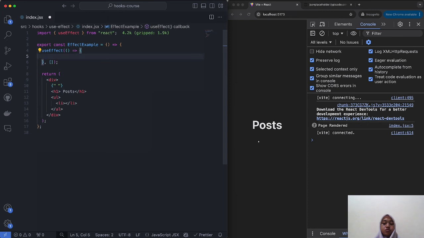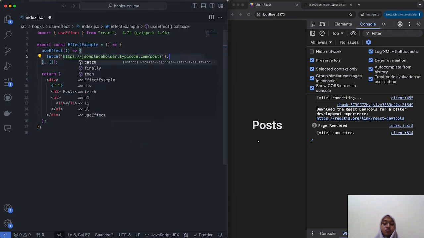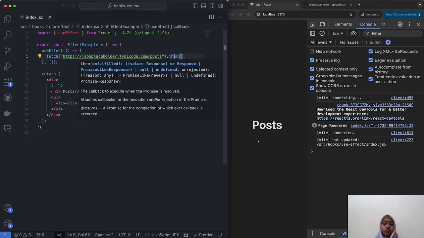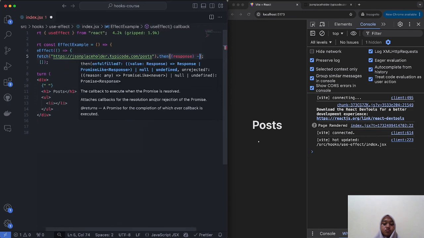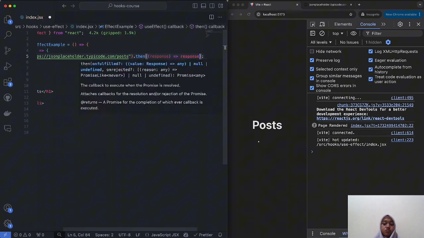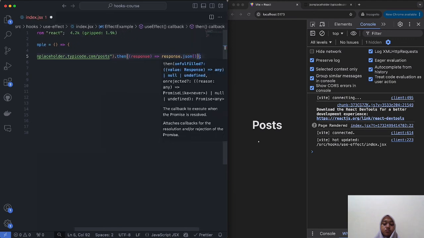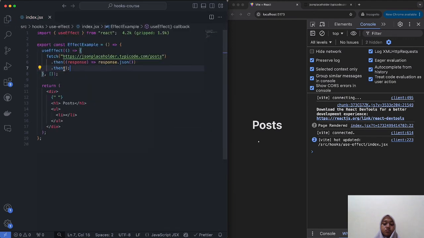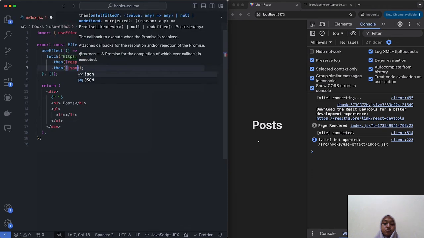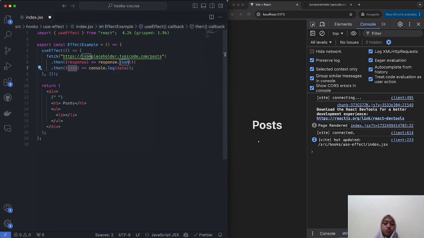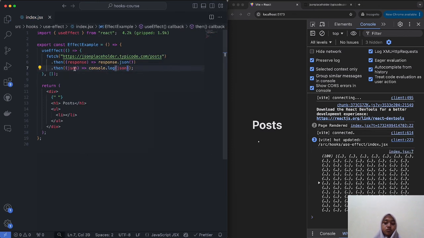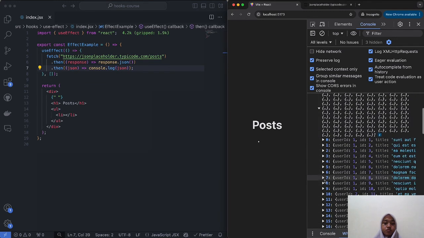So I'm going to come over here and I'm going to say fetch, and I'm going to put the JSON placeholder API link over here, and I'm going to actually use promises in this tutorial. So I'm going to say .then, I'm going to grab the response from this .then, and I want to turn that into its JSON format. And then I'm going to put another .then that will convert this into actual data. So I'll grab the JSON, and I want to do something with that data. Right now, let's just console log that data so you guys can see. Actually, I need to do JSON. Perfect. Now you should see that we get the console log over here with all of the data from the